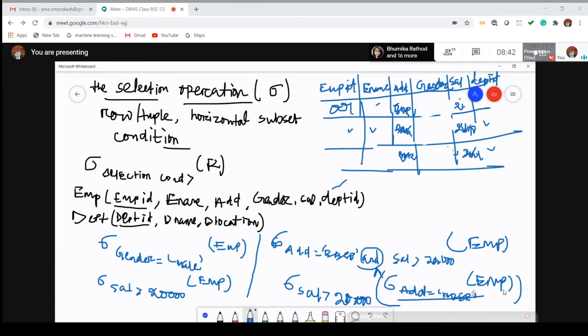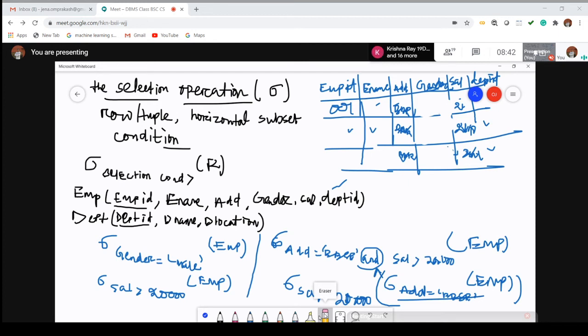From this table, this is not the original table, this is a retrieved table whose address equal to Bhubaneswar. From this Bhubaneswar based table we have to find out whose salary is greater than 20,000. Okay, so this is all about selection operations.